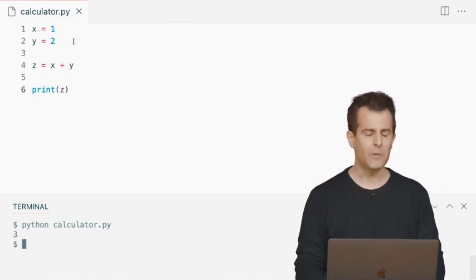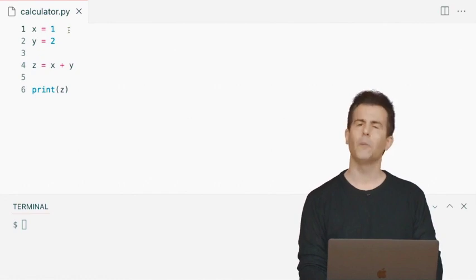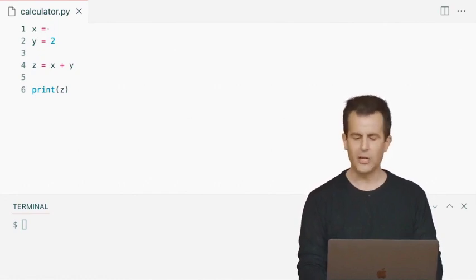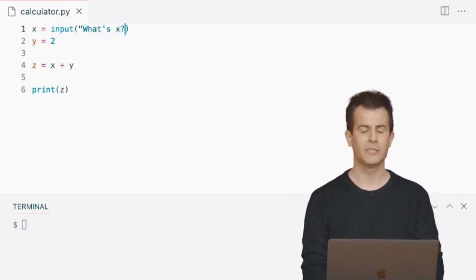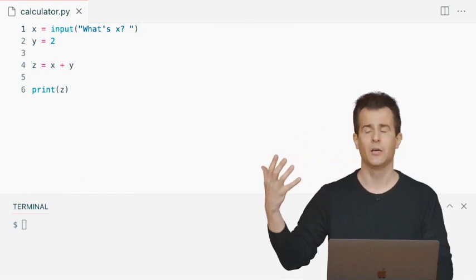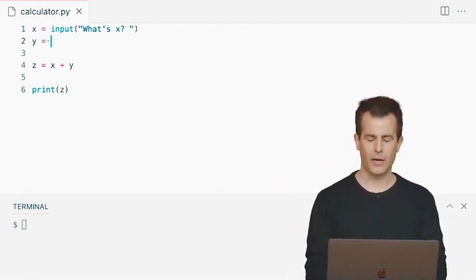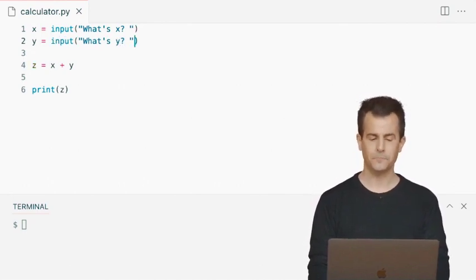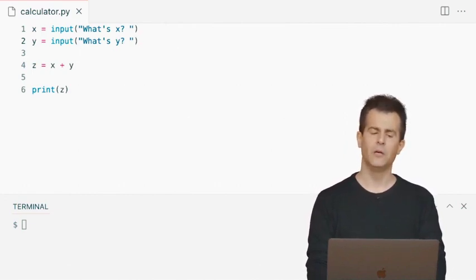And let's do this. Let me go ahead now, and at the top of my code, let's change x to not be the number 1 always. Let's change it to be whatever the return value is of asking the user for x. And I can use any English or human language I want here. I'm going to say, what's x? Just like I asked before, what's your name? And I'm going to do the same thing for y. I'm going to use input again, but this time change the question to be, what's y? All right, at this point, I think I'm going to leave the rest of the code the same. z equals x plus y, and then print z.